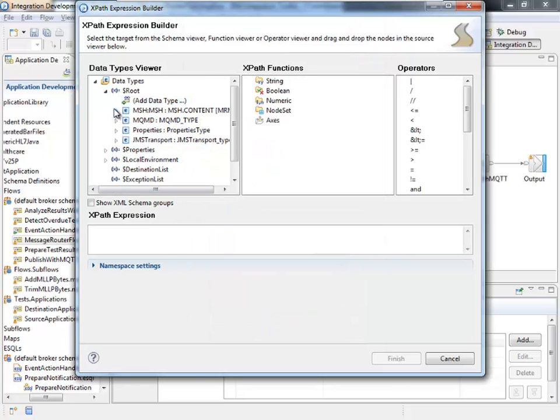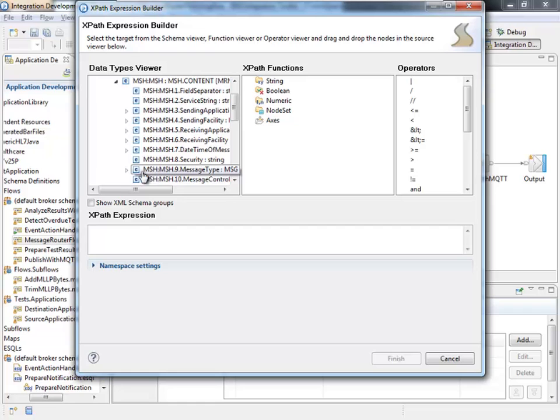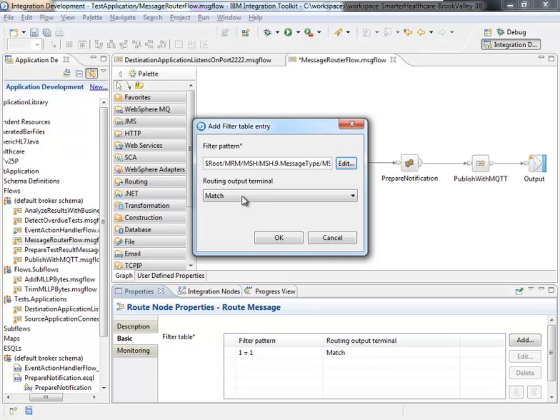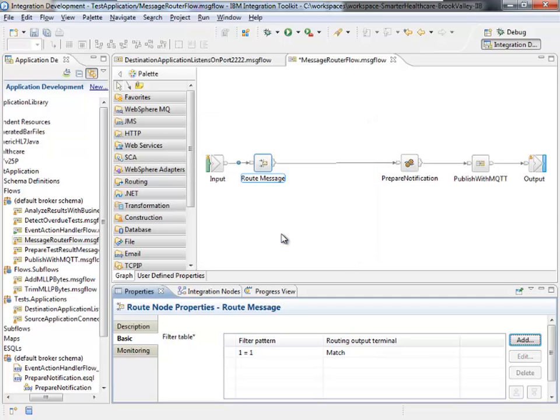And I can drill down through my tree to find my message type segment, because I want to route only ADT A01 messages, and it's the third segment of that, so I can double click and then it appears, and I can type it in to say that I want specifically to call out this ADT A01 case. Hit finish. Choose the output terminal that I want this particular case to go through. So I've created some in advance just so we have them available here. So I've got my ADT A01, hit OK, and I'm finished. So I've now updated my flow to route ADT A01 messages and do these second steps. We'll dive into more details of these things later, but prepare the notification to publish it out to my mobile application and then be finished.